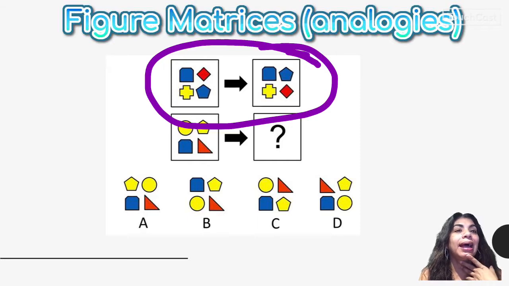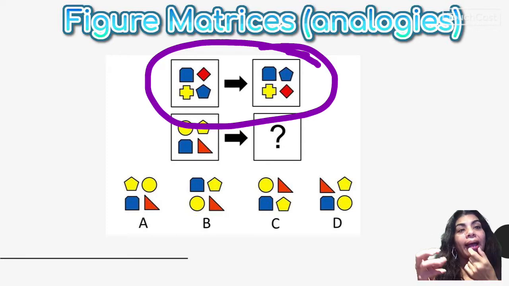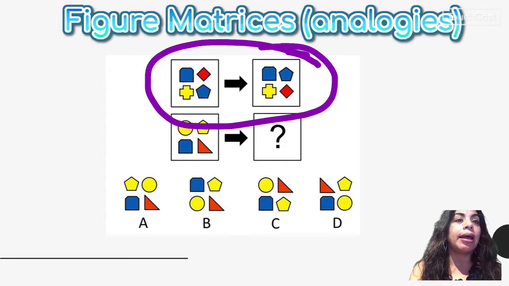So I notice that they each have the same figures, but they're not in the same order. I have 2 blues, 1 yellow, and 1 red, and so I have to figure out how are those related. So it looks to me like they took the red rhombus and the pentagon and they